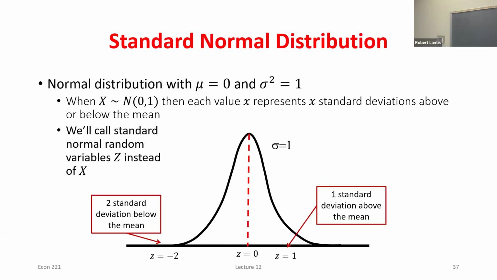Okay? And like I said, this should be review, just to put a visual to it. Once we have these z-values, we can start to think about things that are 2 standard deviations below the mean, 1 standard deviation above. A z-value of 0 would be what? An observation that is exactly equal to the mean. Yeah. All right, so this is how we can think about these z-scores.